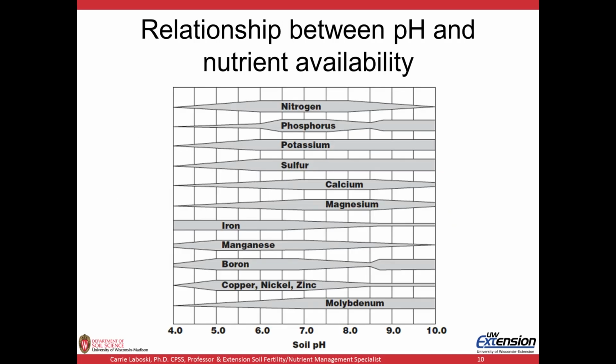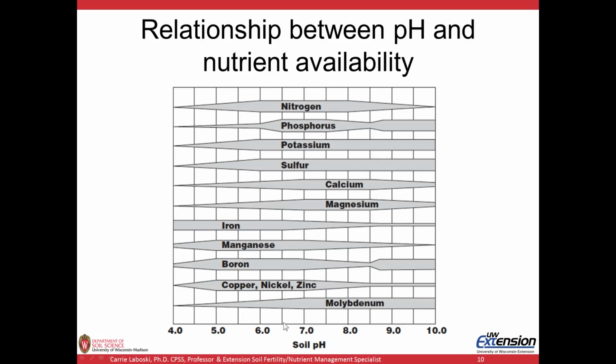Here's a chart showing you the relationship between pH and nutrient availability in the soil. So just to look at nitrogen, for example, the wider the area is on any of these nutrients, that's showing that it has more availability, and a narrower area like over here shows that it has a little bit less availability. And the bottom here is the different soil pH levels. So we can see that for most of our crops we're going to want to be growing them at a pH between 6 and 7, and you can see we have pretty much the maximum availability for most nutrients